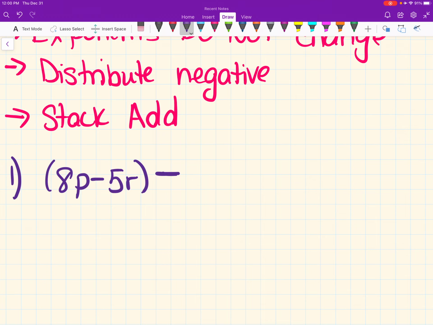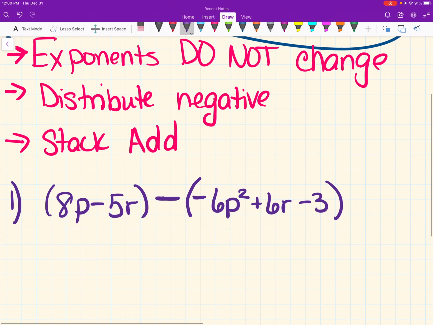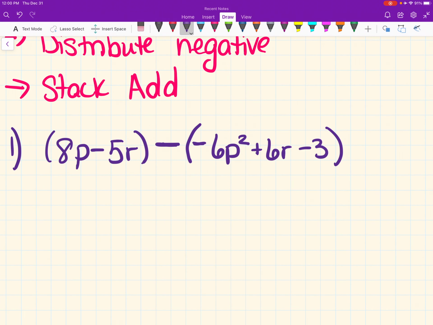We're going to subtract this entire group, that's important, of negative 6p squared plus 6r minus 3. Now this, first of all, remember our exponents are not going to change. But before we stack and add, we're going to distribute that negative so that we're dealing with just addition. So a negative times a negative, that's going to be plus,